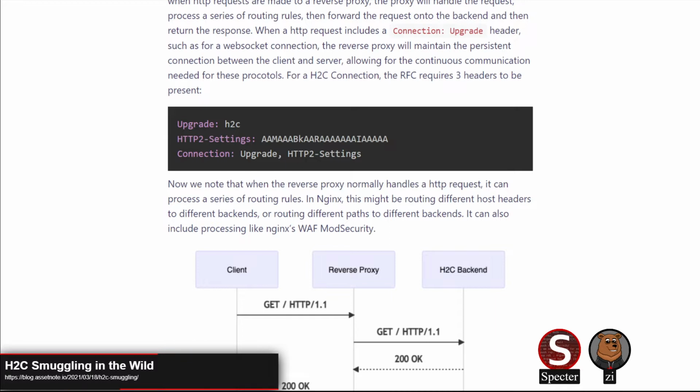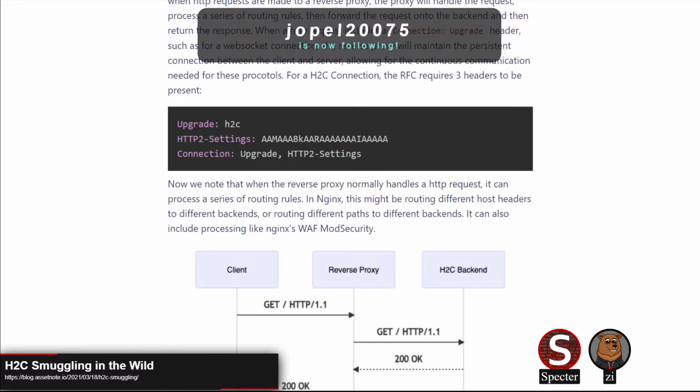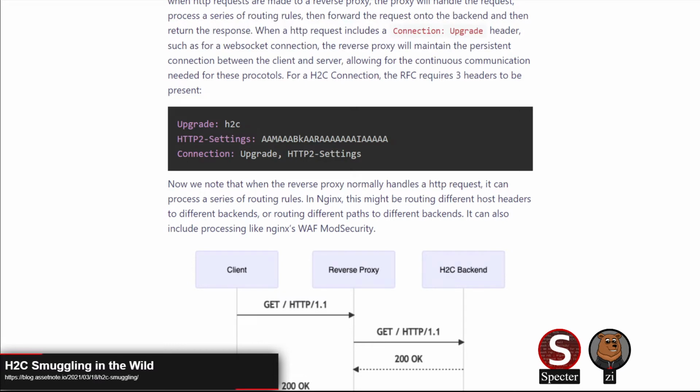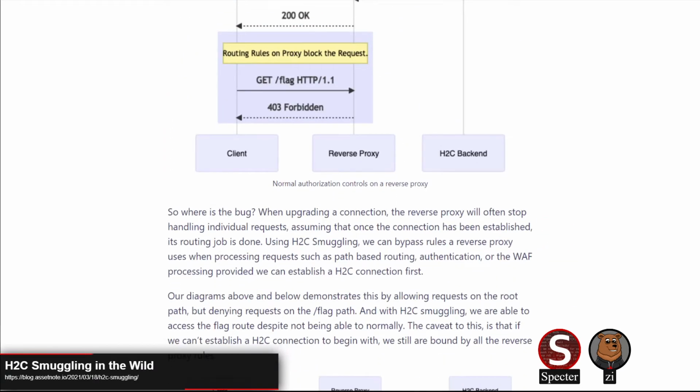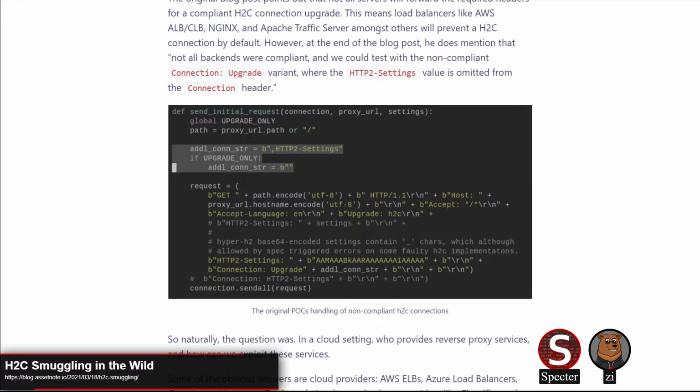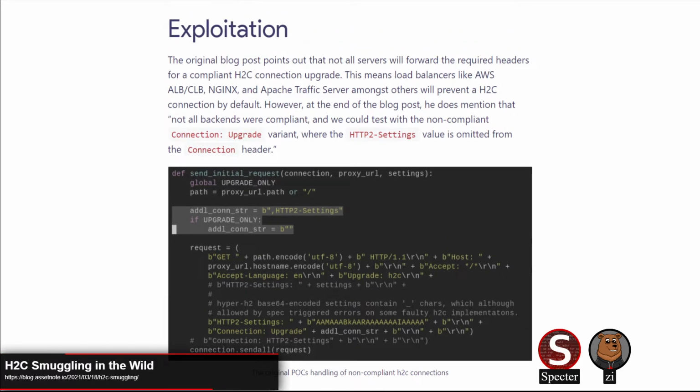And that can facilitate a global web application firewall bypass after you have that H2C connection established. Google Cloud Platform's load balancer wasn't vulnerable. They found that it would strip out all headers. So yeah, this is kind of a researchy type post. This was one of those things where they intentionally wrote a backend that was vulnerable and observed what would happen. They do say there were more cloud providers that were vulnerable to this issue, but they didn't disclose that at the time of writing, probably because those services are still vulnerable, still trying to fix it, or they just didn't want to be name dropped or whatever.